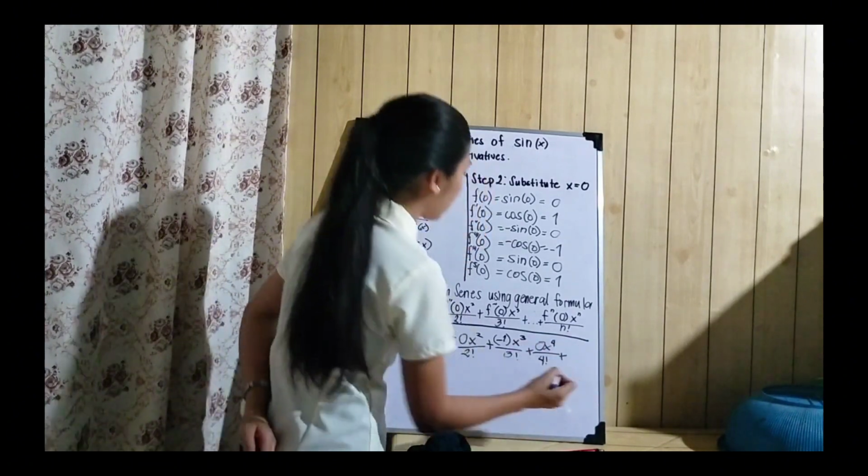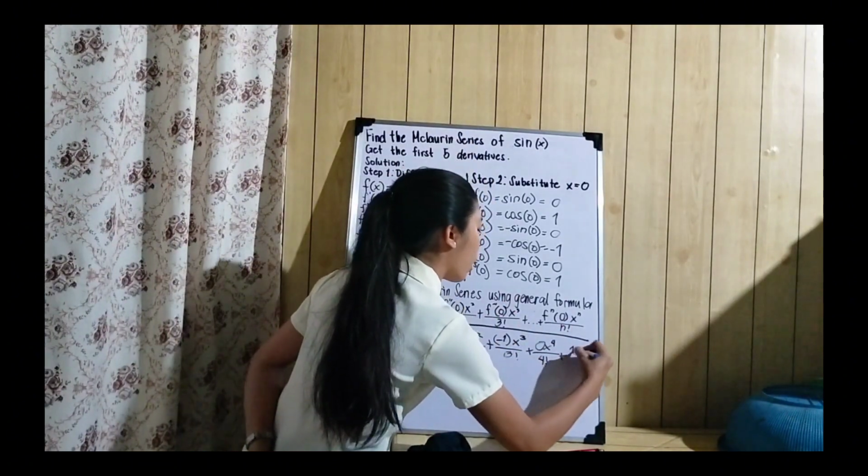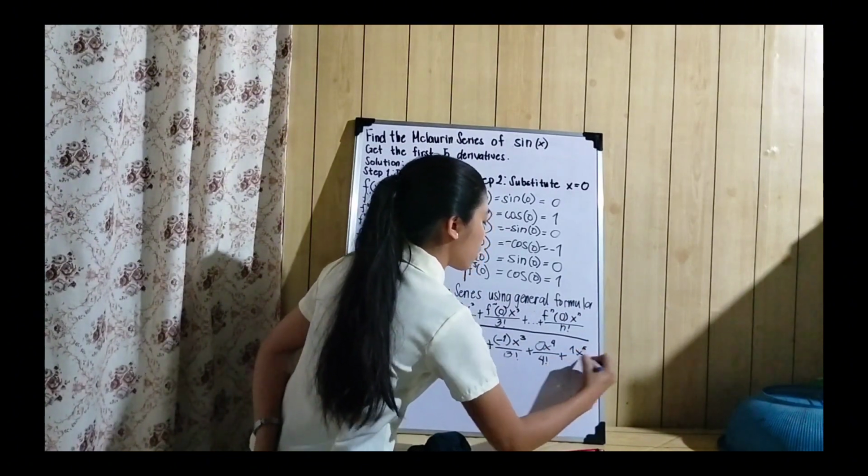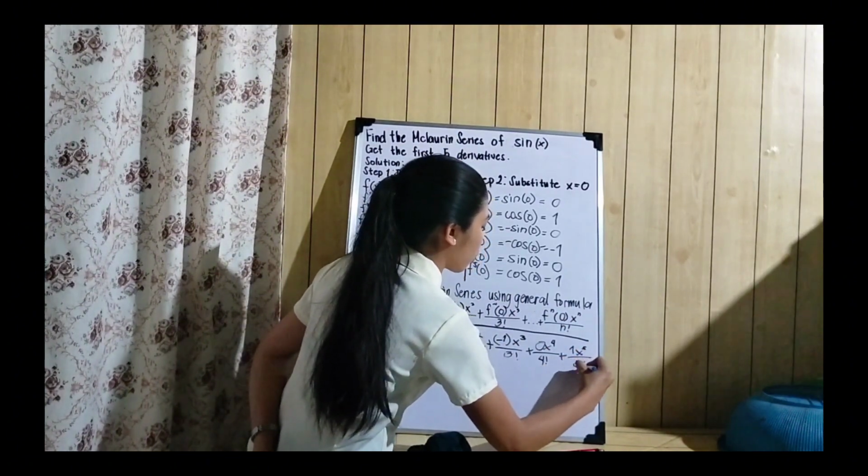So the fifth derivative is 1, so we have here 1 x raised to 5 over 5 factorial plus